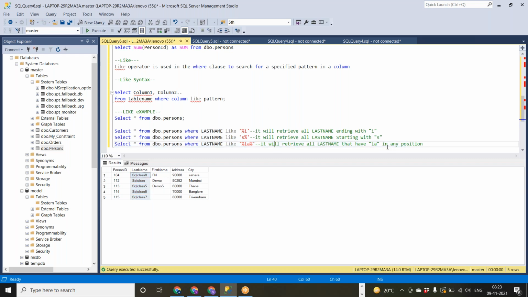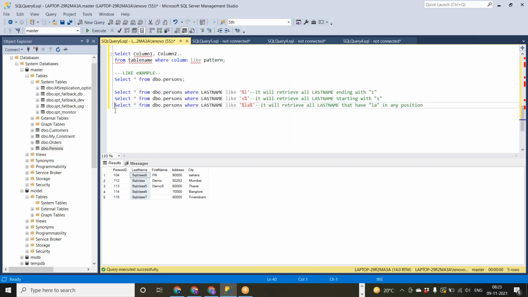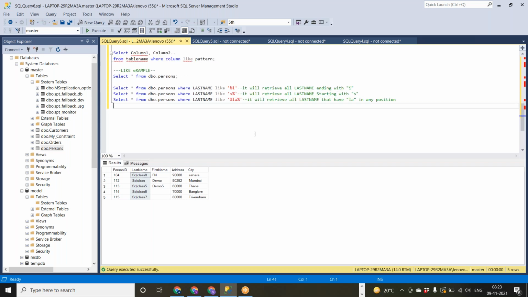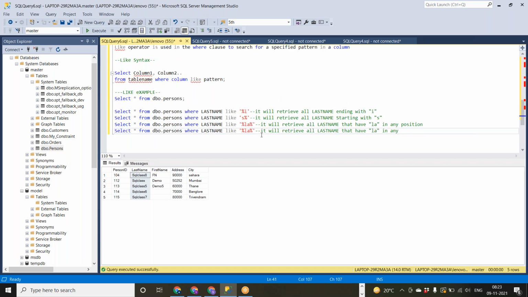Similarly, see, here I'm giving percentile SQ percentile.